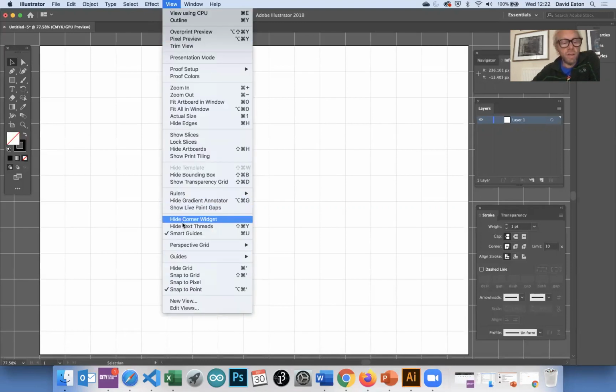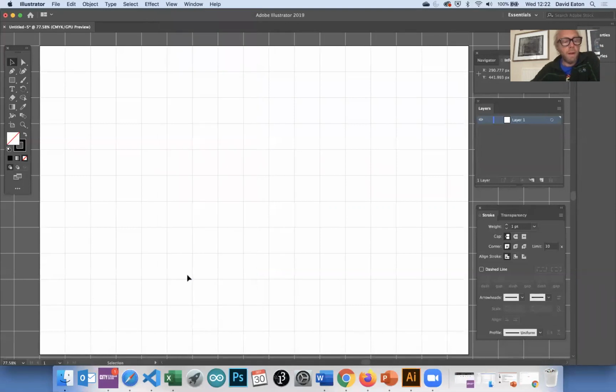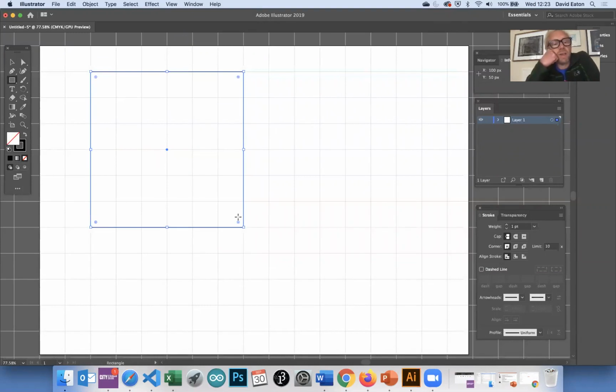I'm also going to snap to grid because this is now going to allow me to draw a square, and we've asked you to think about it as a 6 by 6: 1, 2, 3, 4, 5, 6, 1, 2, 3, 4. Oops, there we go. So now I have my 6 by 6 grid